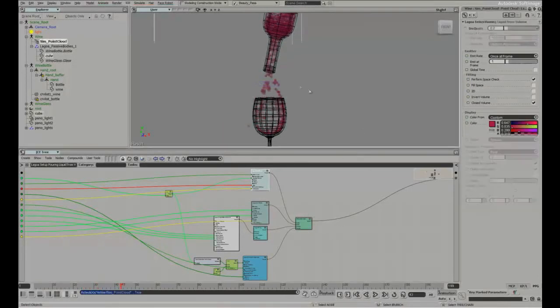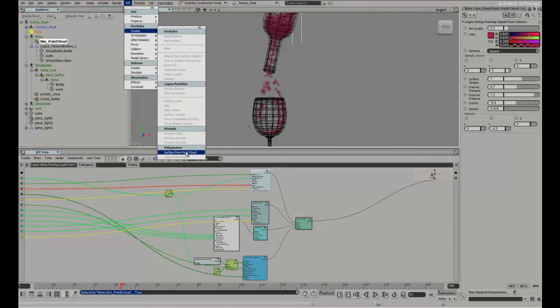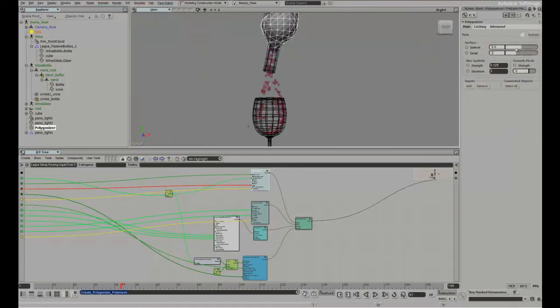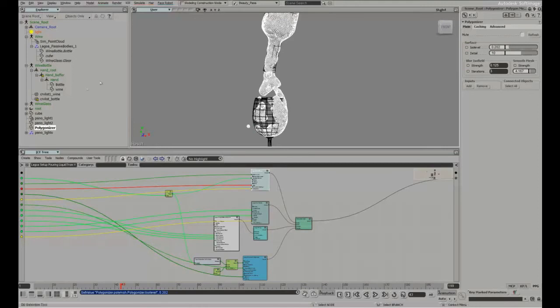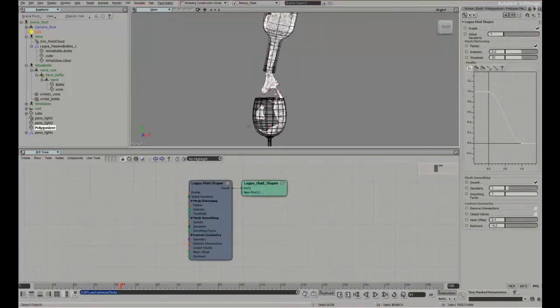So for the liquids, it's best to add the surface from point cloud, and then we can change the settings, add a little bit more detail, even smooth it out a bit, maybe something like 10 here. And one of the beauties is that Lagoa and the Polygonizer really work well together to create this fluid shaper. And it really does help make a proper fluid shape. We can also add things like this, remove intersections, especially when it hits collision objects. So if I were to now go back to my Polygonizer settings,